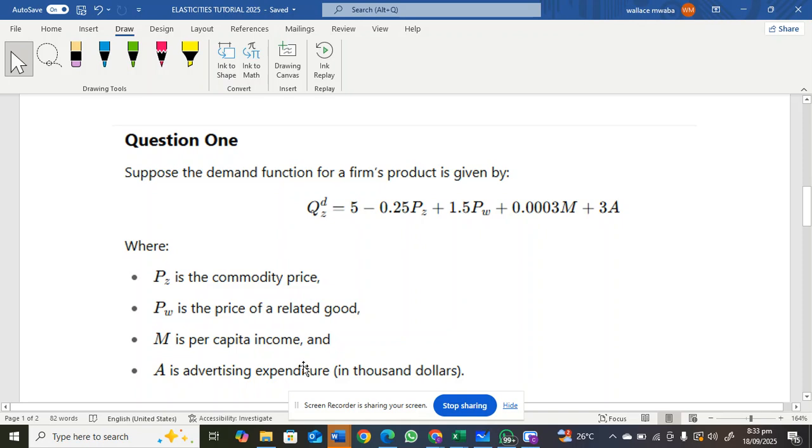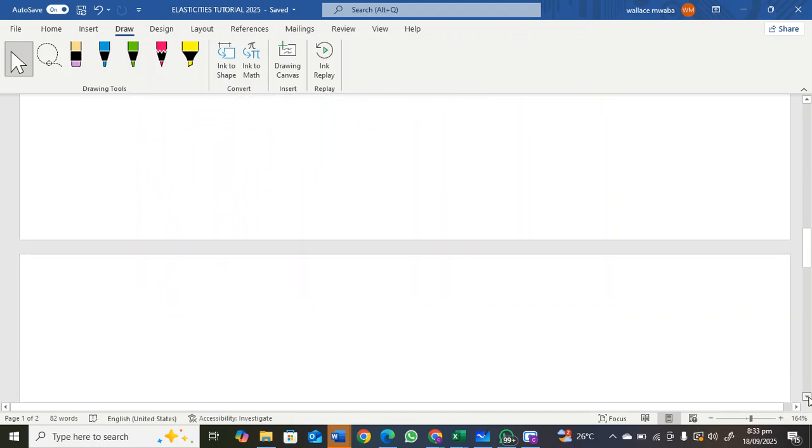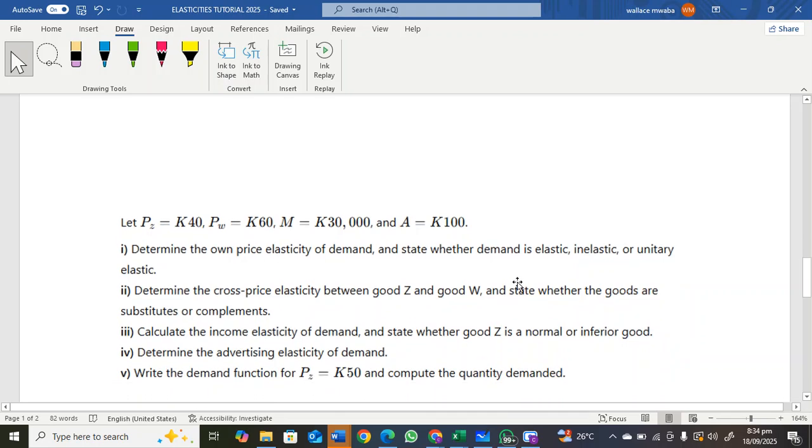So we've been given a question. They've told us now, let PZ equal 40 kwacha, PW equals 60 kwacha, M equals 30,000, and A equals 100. Determine the own price elasticity of demand and state whether demand is elastic, inelastic, or unitary elastic. So remember, demand is elastic. It means,